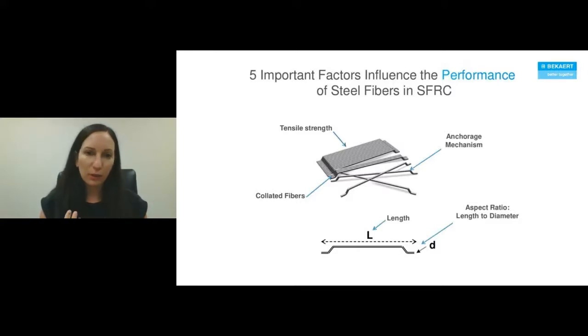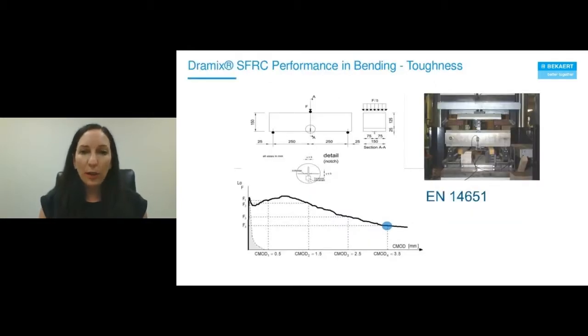So it's the tensile strength of the steel, the anchorage mechanism, the aspect ratio, which is the length of the fiber divided by its diameter, the length itself, and the collation or gluing or distribution method, the way to ensure that you get this consistent distribution of the fibers. So it's really critical that you have an understanding that it's not any one of these factors in isolation, but really the combination that will determine how it will perform. So in order to quantify that,